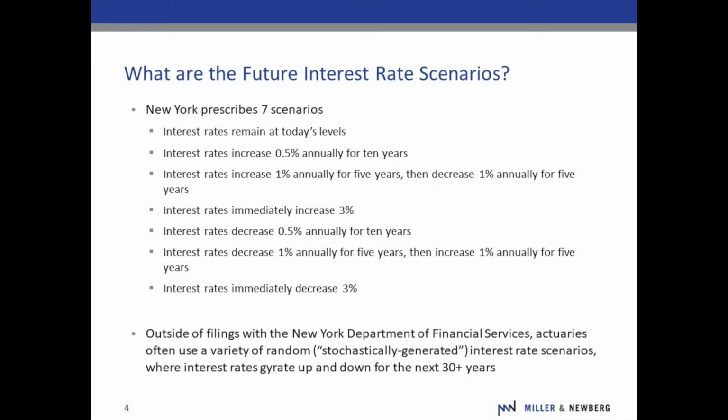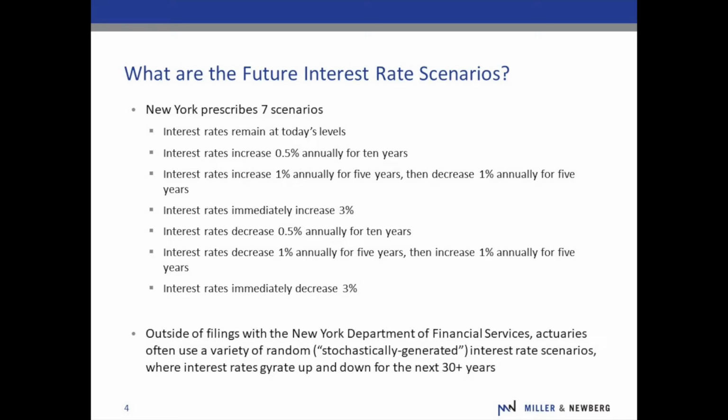What you'd see is the company's reality change in a heartbeat. The market value of their assets would change dramatically. How their policyholders are thinking and what their policyholders are doing would change dramatically. Same thing if interest rates immediately decrease by 3% and stay there forever. All of a sudden, the minimum guarantees in your company's block of annuities, for example, the minimum guarantees built into the cash value scale of your life insurance products might become really problematic very quickly in that scenario.